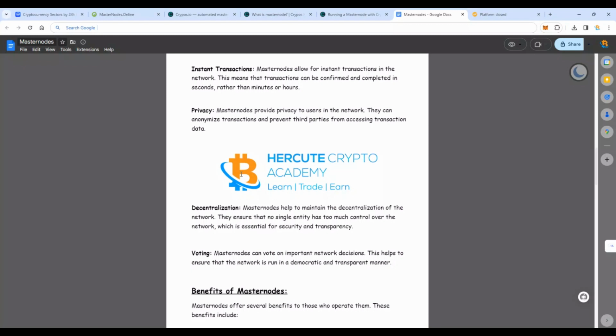Now, voting. Masternodes can vote on important network decisions. This helps to ensure that the network is run in a democratic and transparent manner. How this happens is, for example, let's say you're running a masternode on a coin like Dash, and maybe the Dash team wants to make some important or crucial decisions as far as the ecosystem is concerned. Depending on how much you are holding or how big your node is, they can include you,